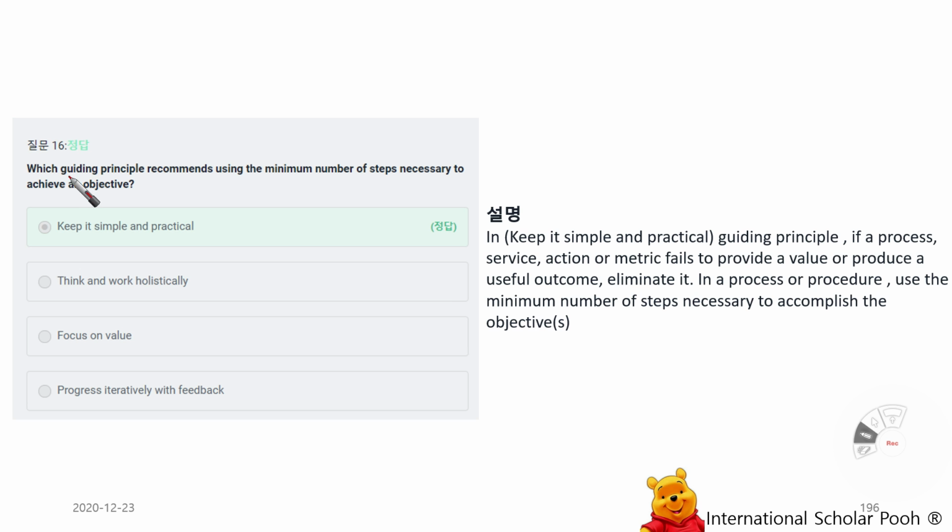Which guiding principle recommends using the minimum number of steps necessary to achieve an objective? Keep it simple and practical. In the Keep it simple and practical guiding principle, if a process, service, action, or metric fails to provide value or produce a useful outcome, eliminate it. In a process or procedure, use the minimum number of steps necessary to accomplish the objective,